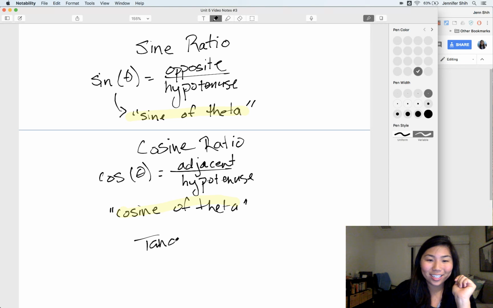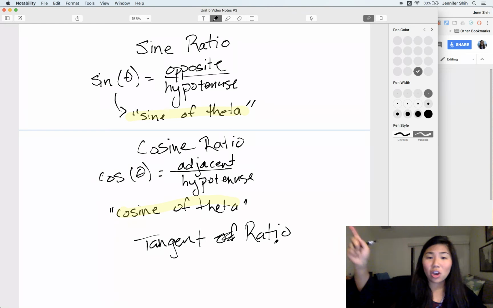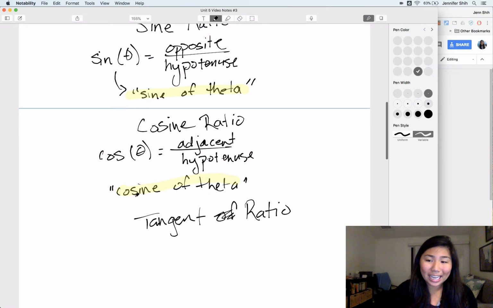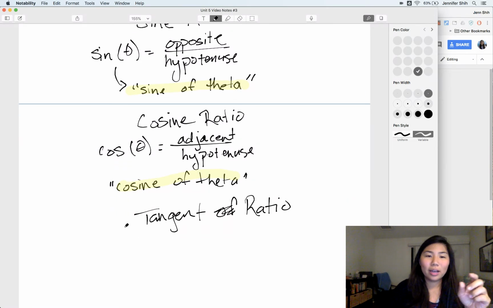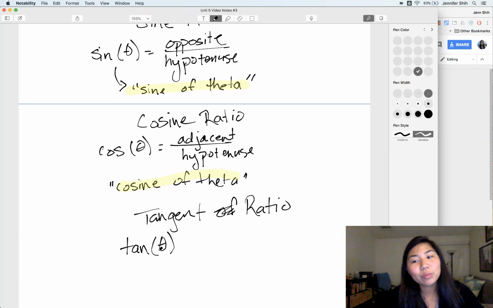Tangent. The tangent ratio. This tangent is the same tangent as when your teacher goes off on a tangent and talks about something else. It's the same word and it's related, so if you've ever heard tangent before, it could come from that. So tangent of theta. Sometimes I do pronounce this tan of theta, or I'll say tan theta, but